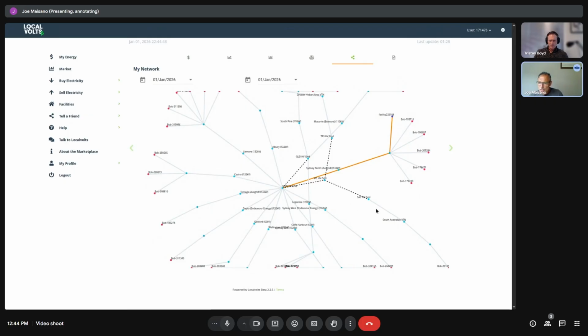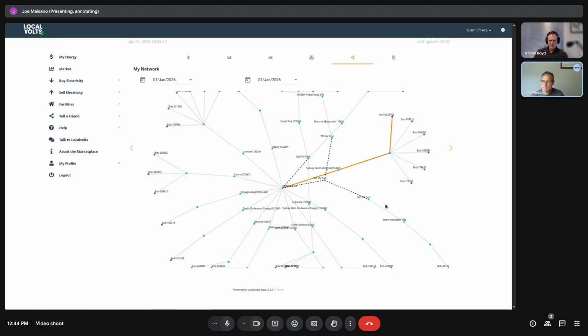I've also got some inter-regional or interstate trading. Down here, we've got this counterparty who's in South Australia. They're going through the South Australian grid. Now, to get from New South Wales, where I am, to South Australia, we've got to go through Victoria, because that's the way the interconnectors work. So first we're going through the New South Wales Victorian interconnector, and then the Victorian South Australia interconnector,